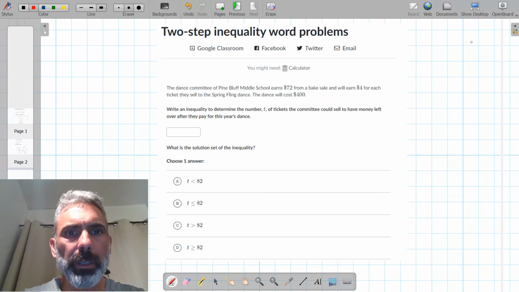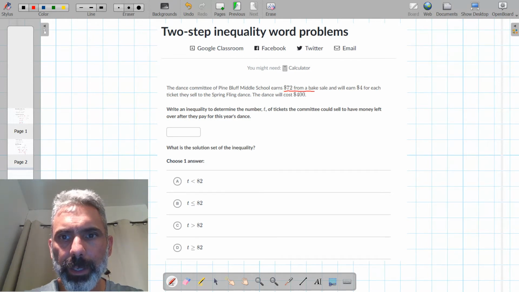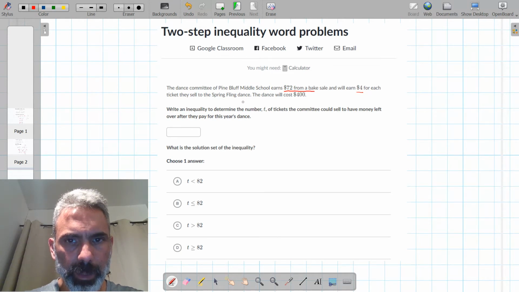The dance committee of Pine Bluff Middle School earns $72 from a bake sale and will earn $4 for each ticket they sell to the Spring Fling dance. The dance will cost $400. Write an inequality to determine the number T of tickets the committee could sell to have money left over after they pay